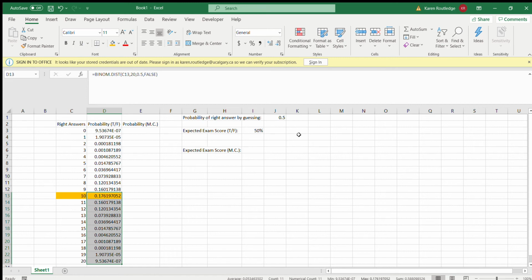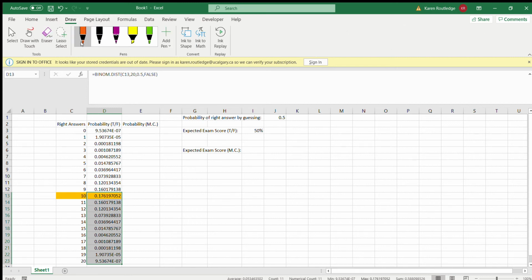So there are two ways that immediately come to mind that we could fix this and perhaps do better than a 50% cutoff on a true-false test. The first would be to increase this. So let's make it harder to get a certain number of right answers completely by chance. In the same way that we have a hypothesis test. And in fact, let's go draw this out so we can see what we're talking about.